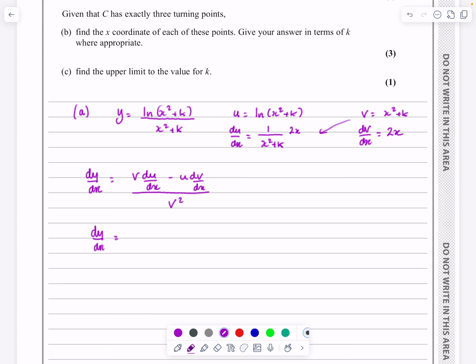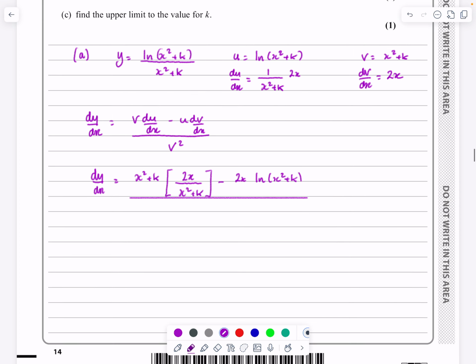So v du is going to give me x squared plus k multiplied by 2x all over x squared plus k, minus u dv, which is these two. I'm just going to write that as the 2x first, so 2x log of x squared plus k, all over v squared, which is going to be